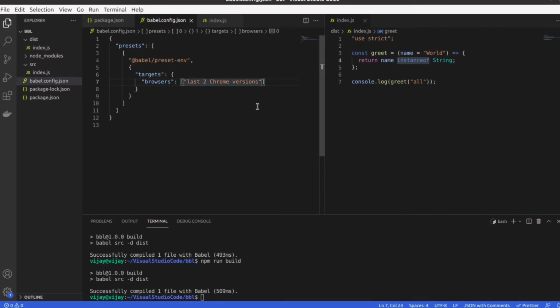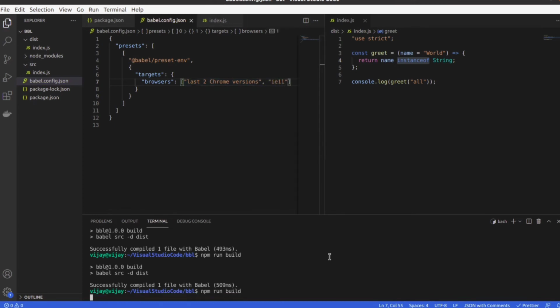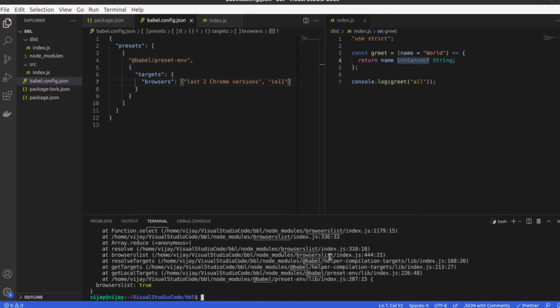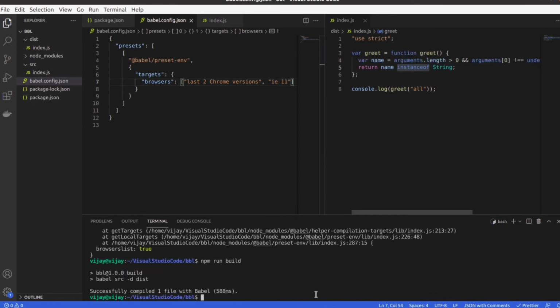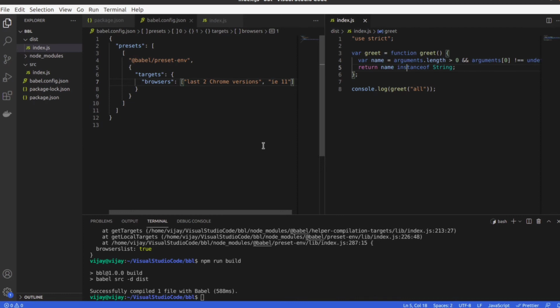If I add IE and if I run the build, it fails because it seems like we made a typo. So let me give a space, and if we do the build again, we can see the instanceof is still there because it was available in JavaScript from older versions as well.